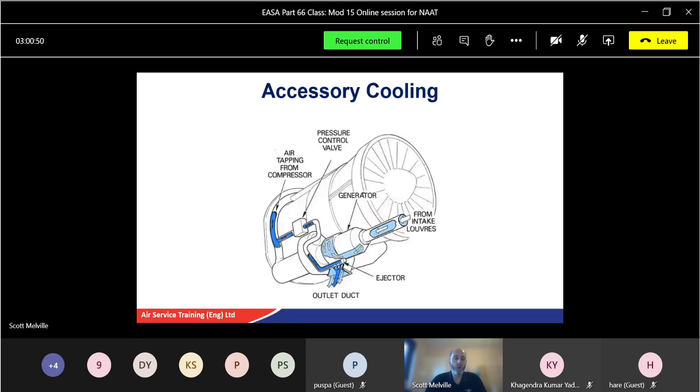Now these are only operated on the ground, so you can't activate it in the air because there's no need to. You've got nice cool air. So ensure the ejector only operates on the ground. The flow of air from the compressor is controlled by a pressure control valve, which is only available to be activated when the aircraft's on the ground. In other words, when you've got your weight on wheel switch. As soon as that disengages, it will isolate that system. You don't need it, you're flying, you've got forward movement, you've got a cooling airflow you can induct into the